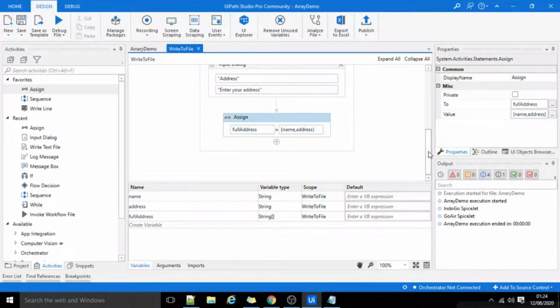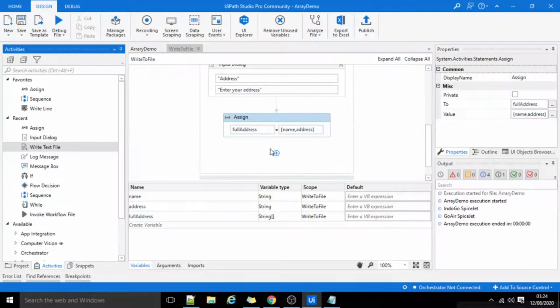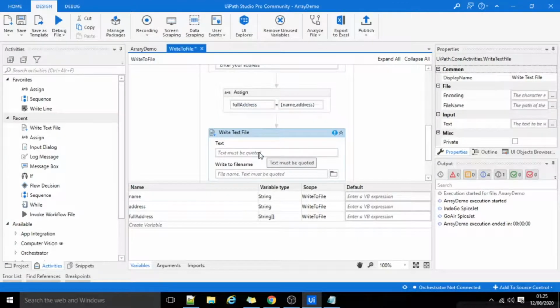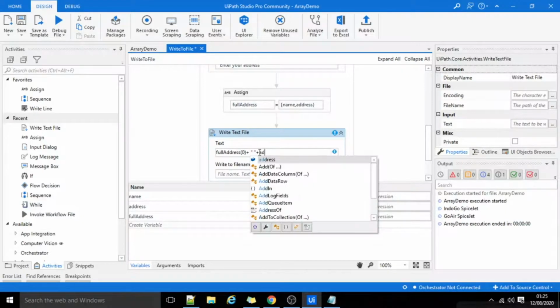Now we will use a write text file activity to write the content of this array to text file. Here we will specify what value we want to write to text file. So I'll say full address, first value, then space, then second value.